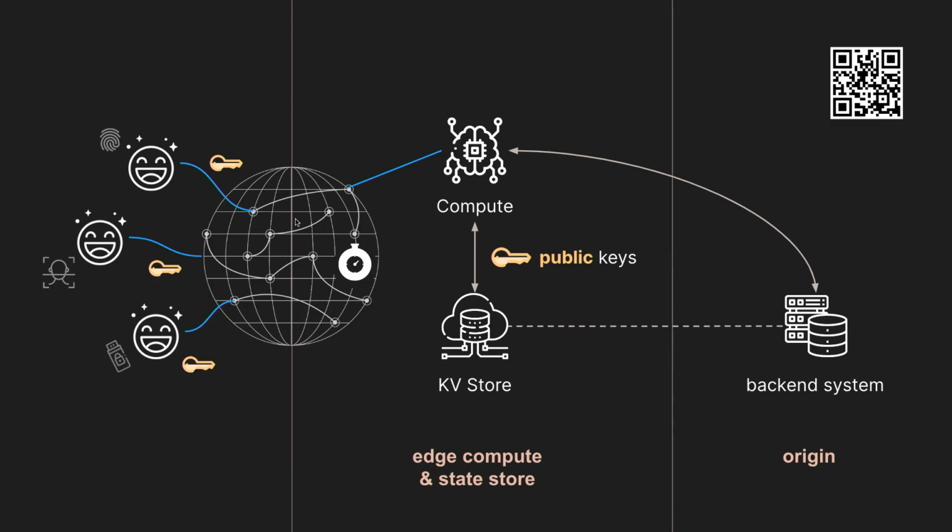So you put your public keys there, and they just get replicated all around the world. No need to do anything on the side of DevOps or your engineering efforts. And all the users, wherever they are in the world, can just come in and use this fast, secure, powerful authentication feature that you can just stick in front of whatever you have.